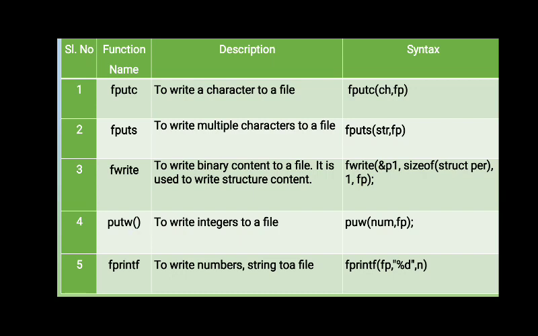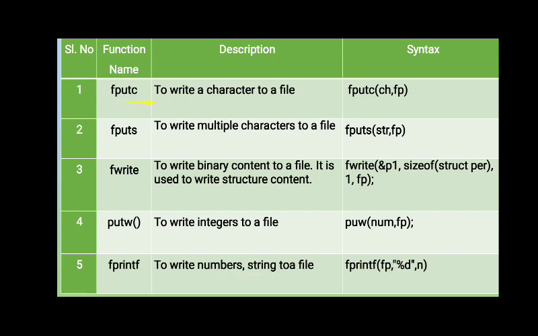Then you have putw, which is to write an integer to a file. You can only write a single integer at a time, and you can use putw(num, fp). First you specify the integer variable from which the data you're going to write, and then fp, the file pointer. The last function is fprintf, which is a formatted function similar to your printf function to write numbers, strings, whatever to a file, and the syntax is similar to that of printf. In addition to that, you have to specify the file pointer, that is, to which file you are going to write. Then you specify your control string or format string, and then the list of variables. So that is about fprintf.